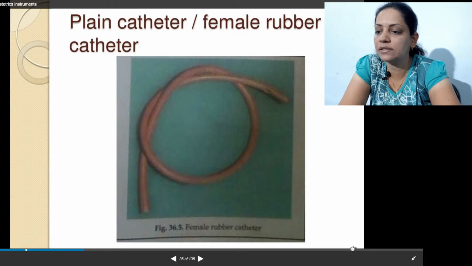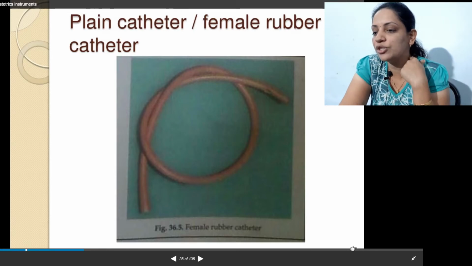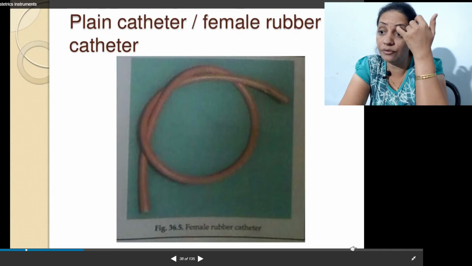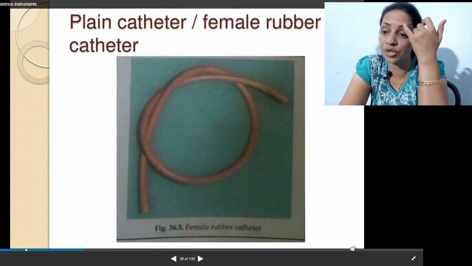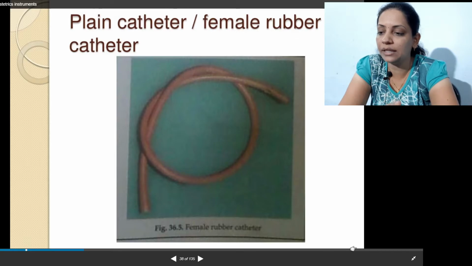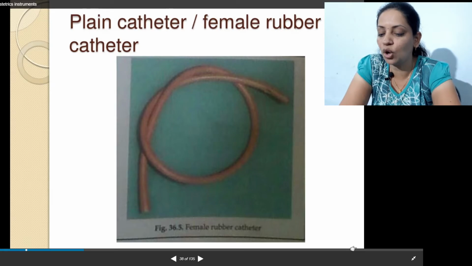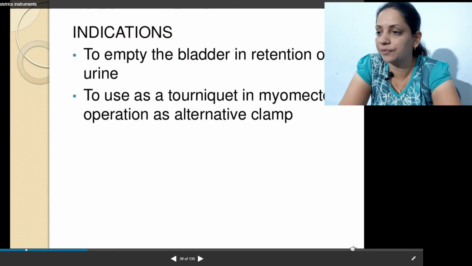This is the plain catheter, simple catheter. This catheter we use for emergency purposes. We just insert this catheter in the urethra and remove the urine whenever there is any obstruction or emergency. Otherwise we use Foley's catheter. In planned surgeries and other things, usually we use the Foley's catheter, as it is a sterile thing. This is a non-sterile thing. We do autoclaving and other things, but it is non-sterile. So for long-term purposes we can use Foley's catheter, and for emergency purposes we can use this catheter.